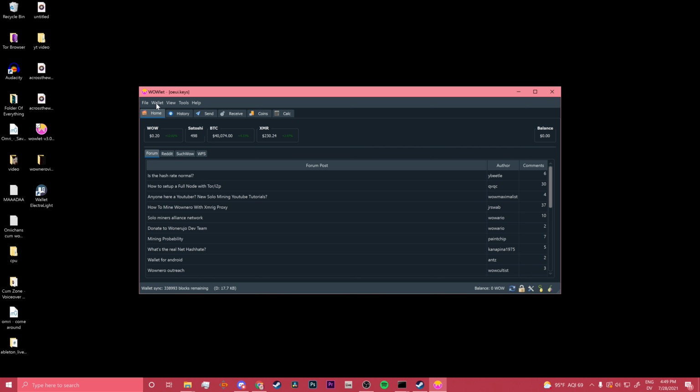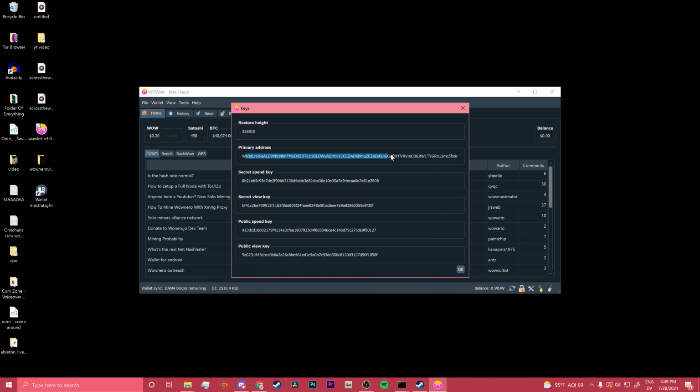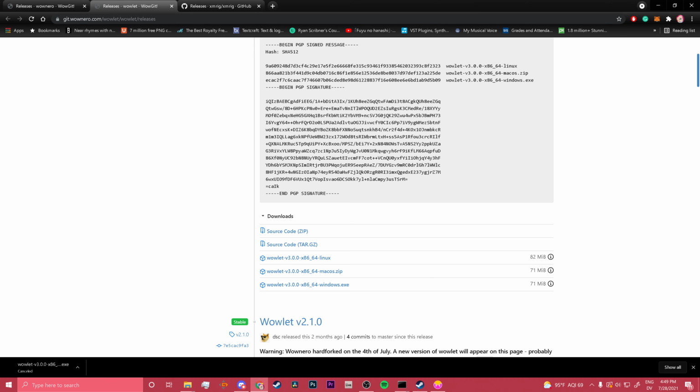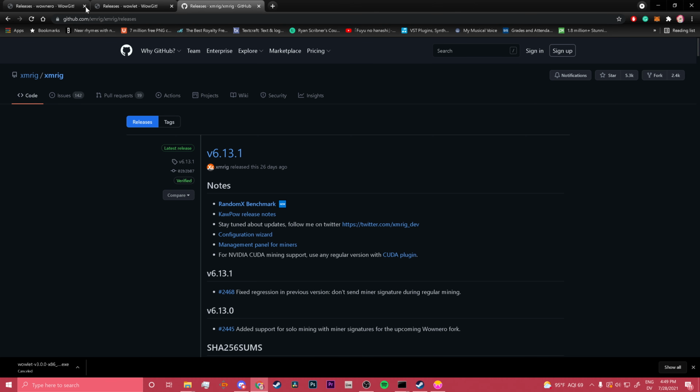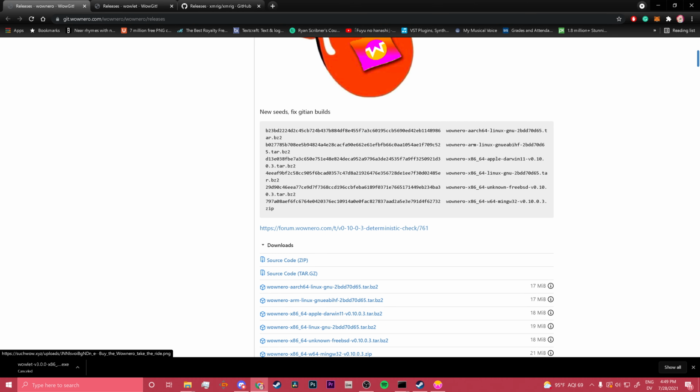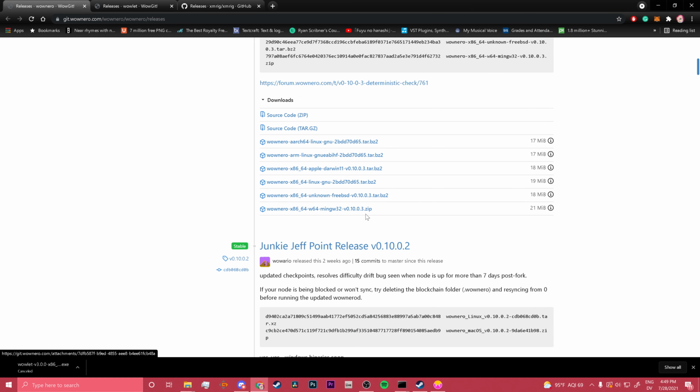So now that we open this, what we need from here is the wallet keys, and what we need is the primary address and your secret spend key in order to start mining this coin. So the next thing we need to do before we even get the actual miner for it, we need to download Wownero, which if we go to here,